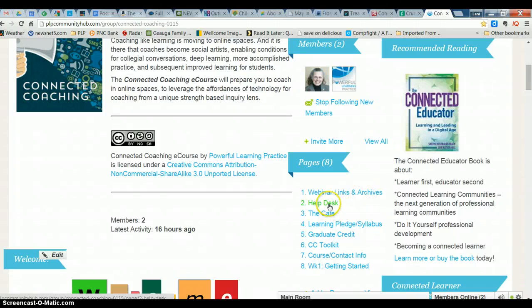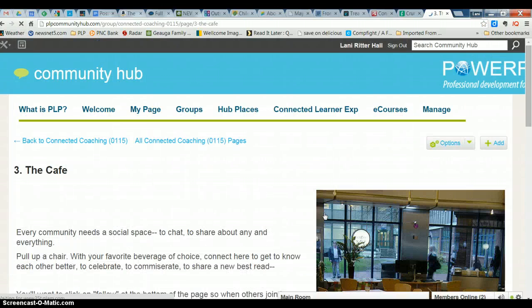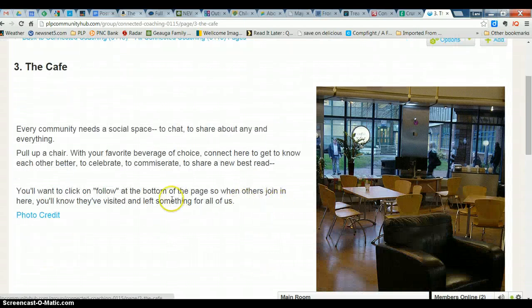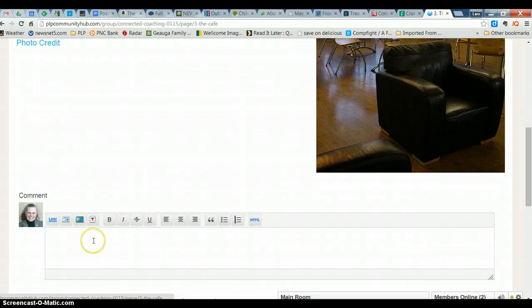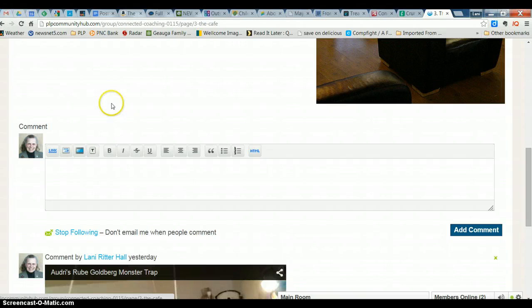We've got a help desk for any questions, a cafe. Social place is really important in any online space, and so this is a place to chat about anything social that's going on, and you do that by replying in the comments. When you come to this page, it's not going to say stop following. It's going to say follow.